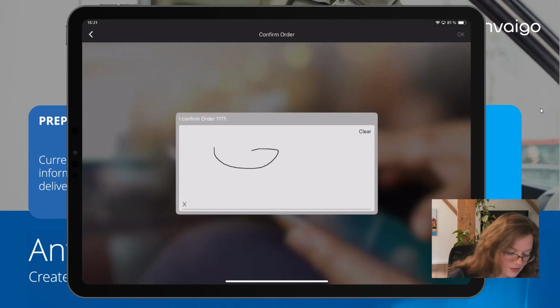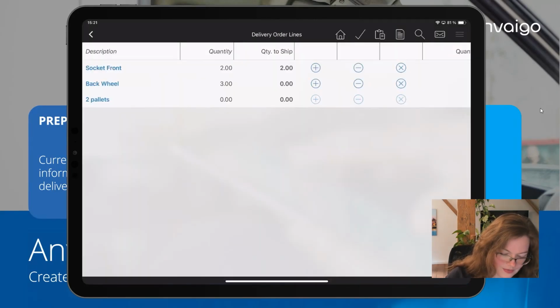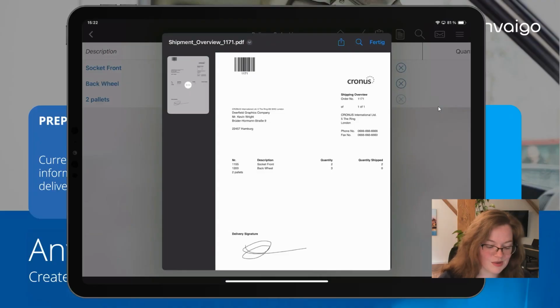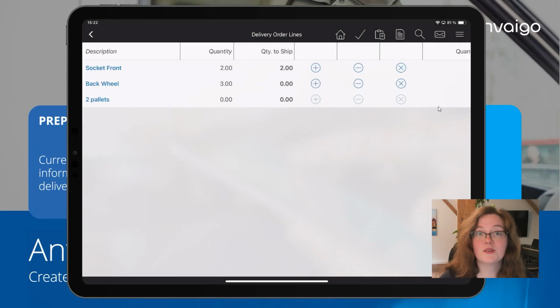I confirm, of course, that we're delivering everything. And then I'm going to go ahead and review my shipment overview. So here I have all the standard details that I would be needing, my information, the customer's information, that sales order specifically, those items that were delivered or not, those returns, and that signature. And I can go ahead, send this to a Bluetooth printer in my vehicle or send it via email. I have that information on file for the customer, but I can go ahead and send my PDF report as needed.